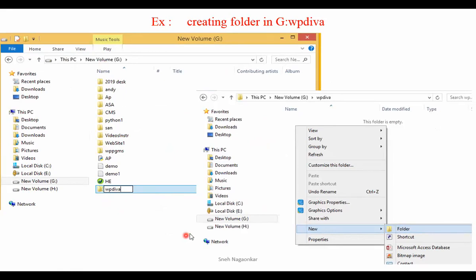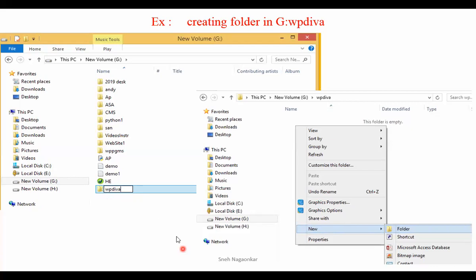Then I clicked on New and then Folder. G drive, right click, new folder. After creating the folder, it is created here and I gave the name WP division E. This is the procedure of creating the folder.